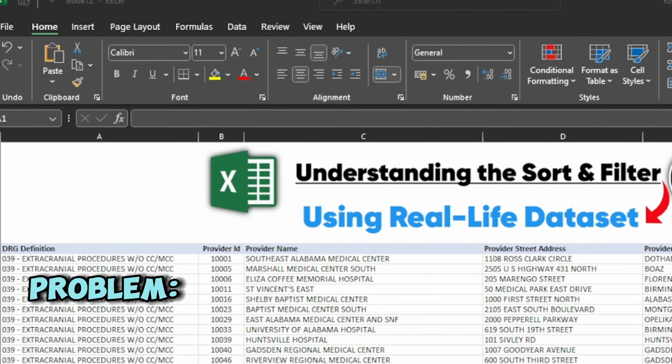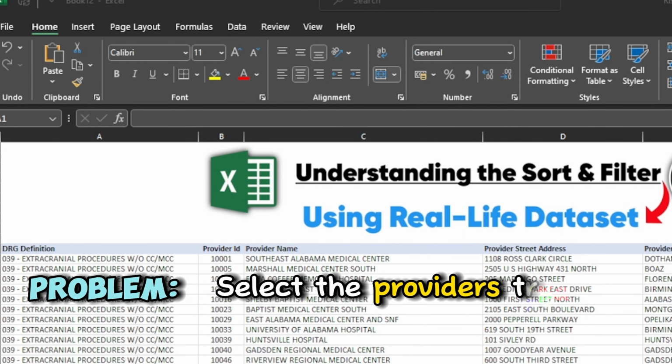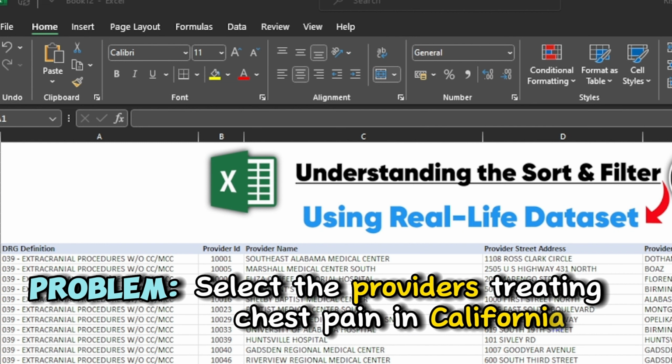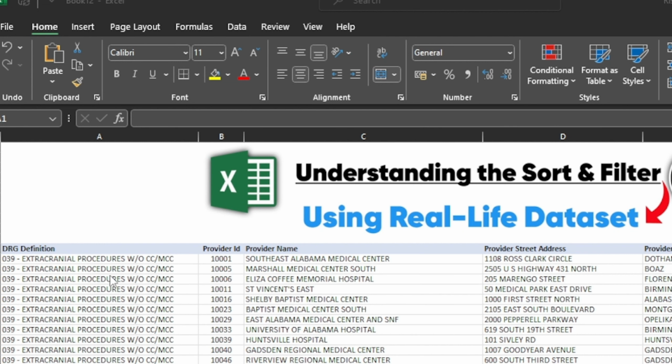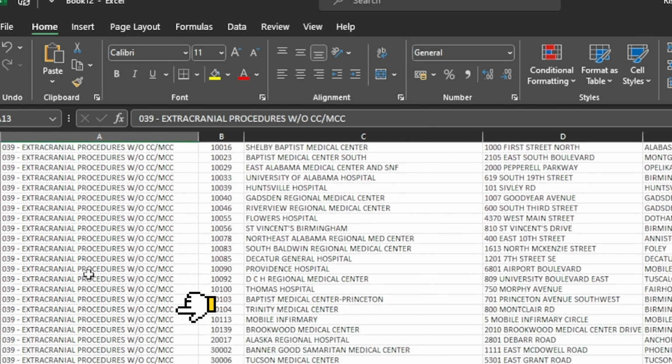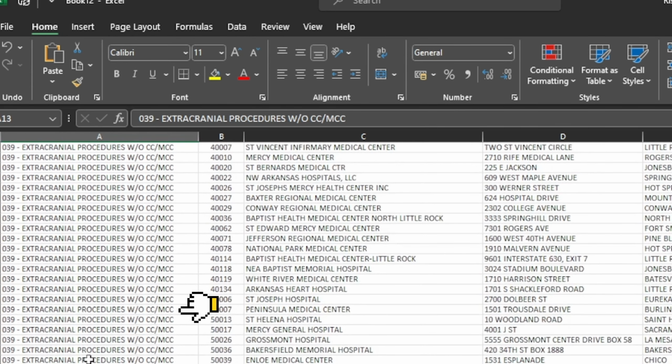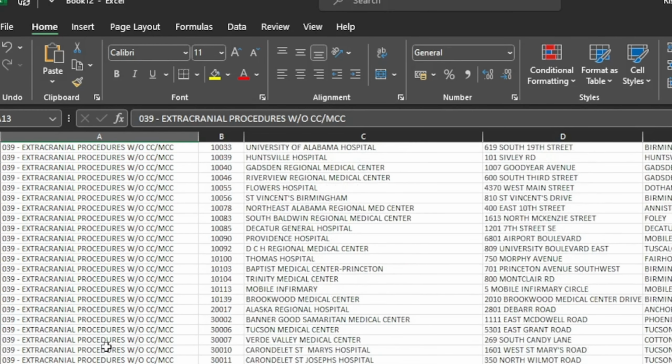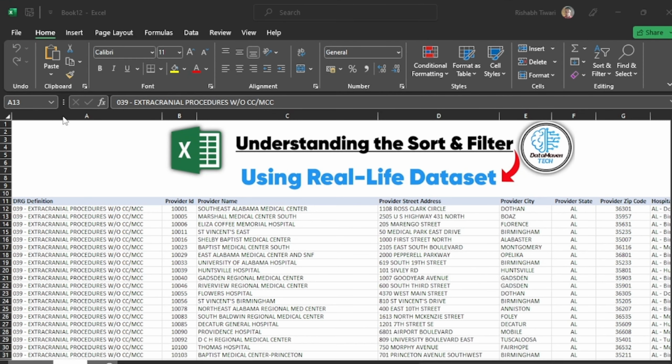Suppose we are given a problem: select the providers treating chest pain in California. For that we first have to find chest pain in the DRG definition, because this column gives you the types of treatment that patients are provided with. So to find chest pain in the DRG definition column, we will use this tab here known as Find and Select.